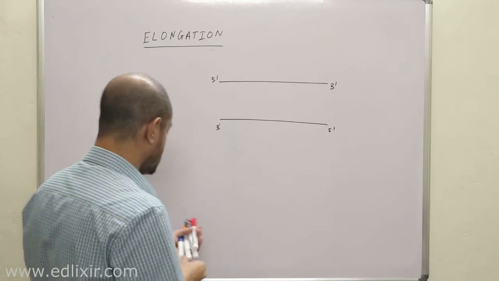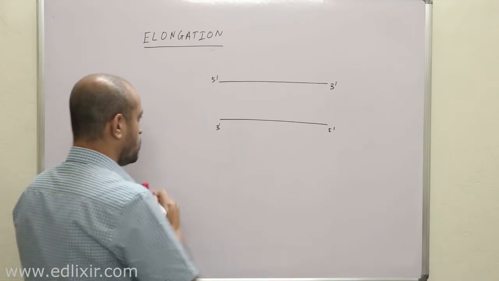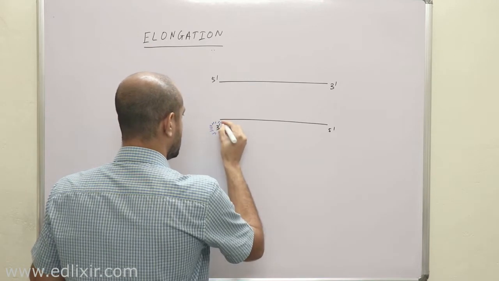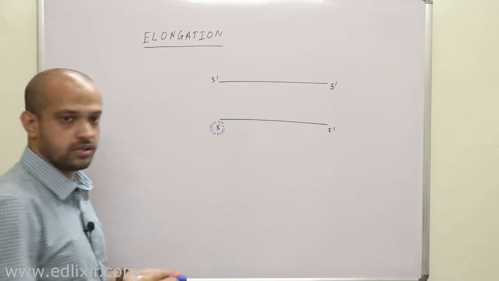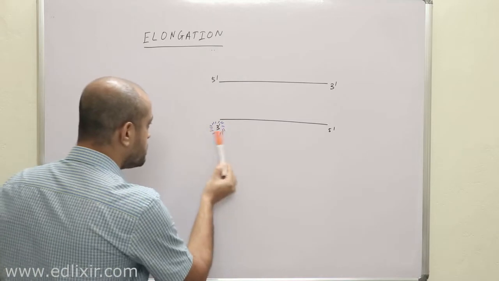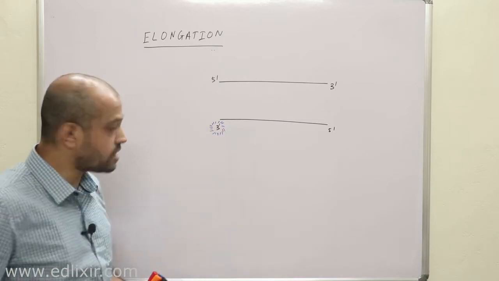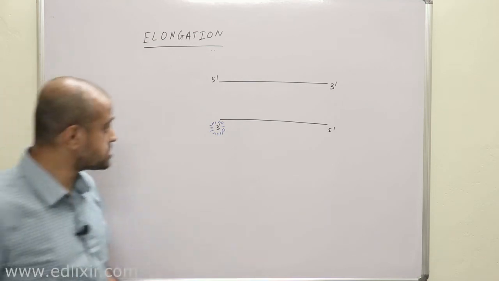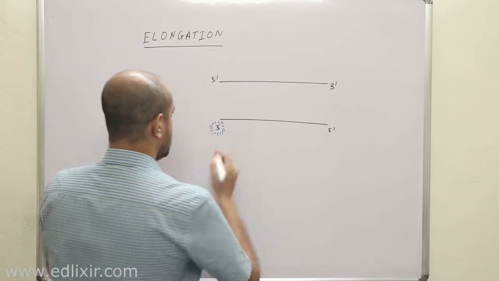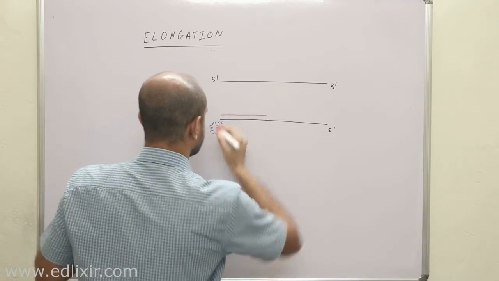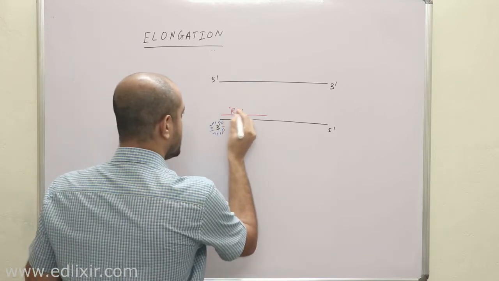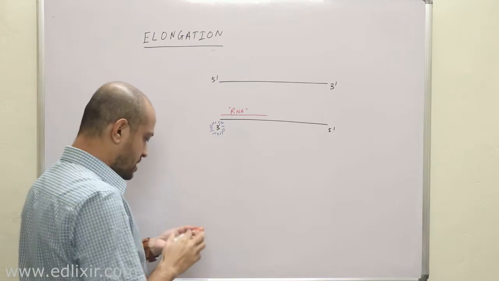So you must understand that this 3' region is actually the point from where RNA transcription will start. Clear? Now listen with all your attention. If this 3' portion is the place from where your RNA transcription will start, then you must understand this very basic thing: the RNA which will be produced, suppose this red one is the RNA, R for red, R for RNA. Okay. Now listen, this RNA will have a polarity of